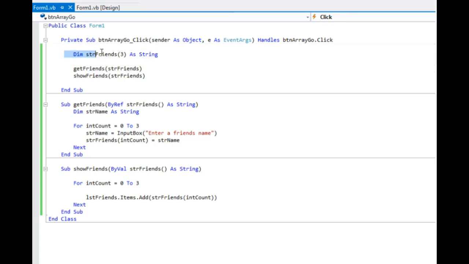So inside of here, I have declared an array called str friends. Its upper subscript is 3, so it's going to hold 4 strings. So here you can see I have a call to a sub-procedure called get friends. So I'm going to pass the array to get friends, and see, this is going to be a reference parameter,